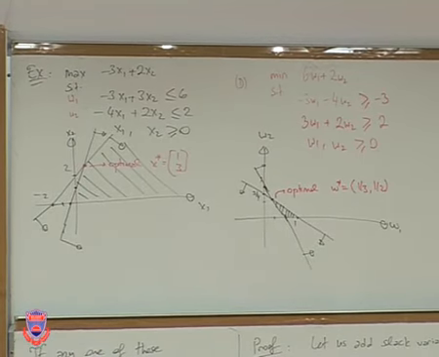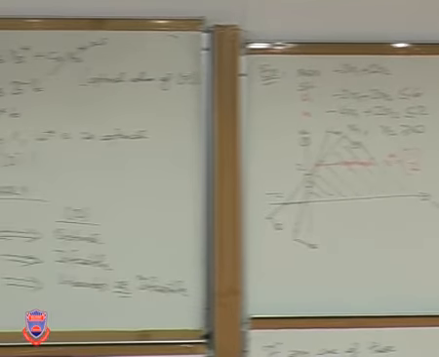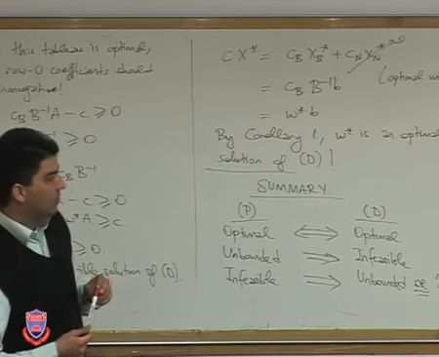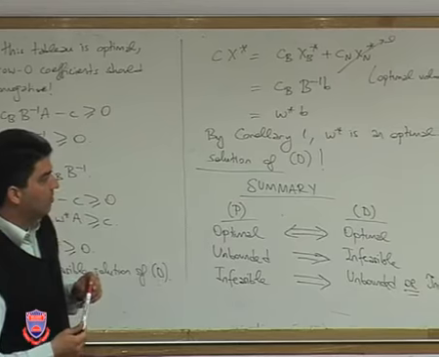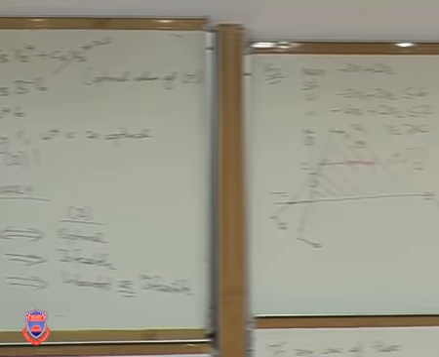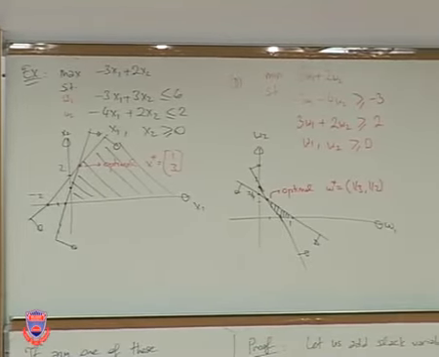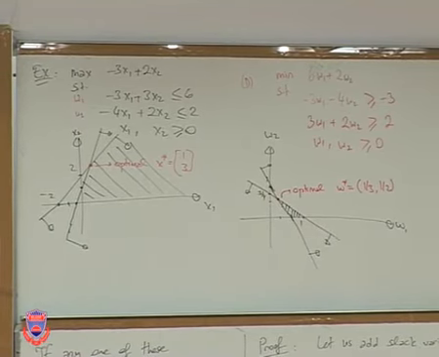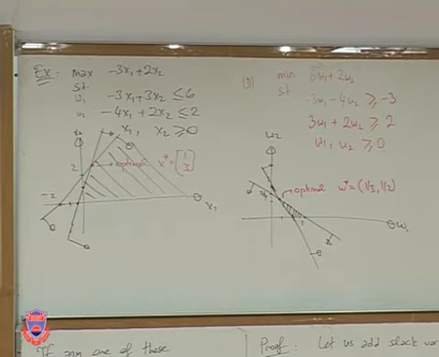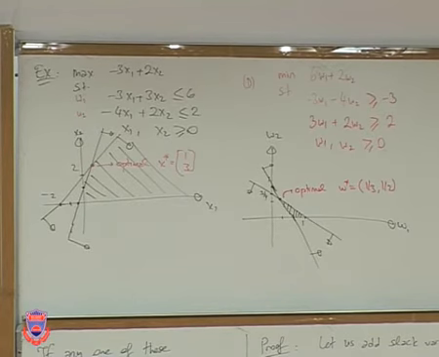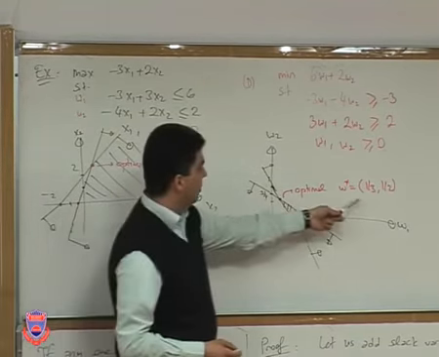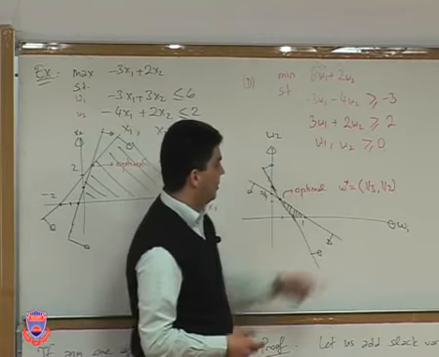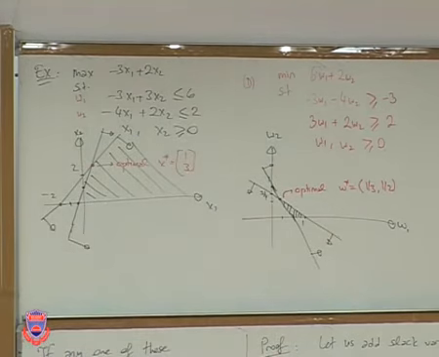And for example, just to verify, if you look at the optimal value of the primal problem, so just plug in 1, 3 into the objective function, you get minus 3 plus 6, which is equal to 3. Right? So 3 is the optimal value. And if you look at the corresponding objective function value for the dual problem, just plug in 1 over 3 and 1 over 2 into the objective function of the dual problem. So you're going to get 6 times 1 over 3, which is equal to 2, plus 1, and that's also equal to 3. Right? So the optimal values should be the same.